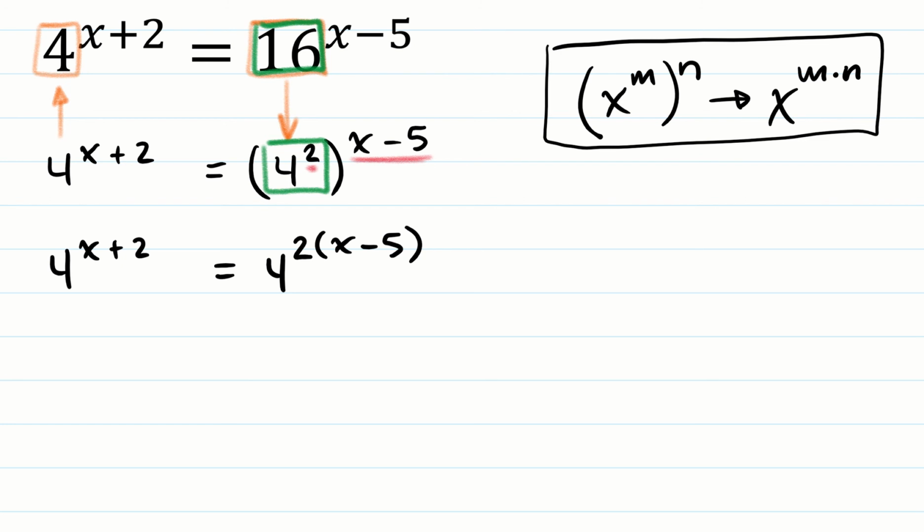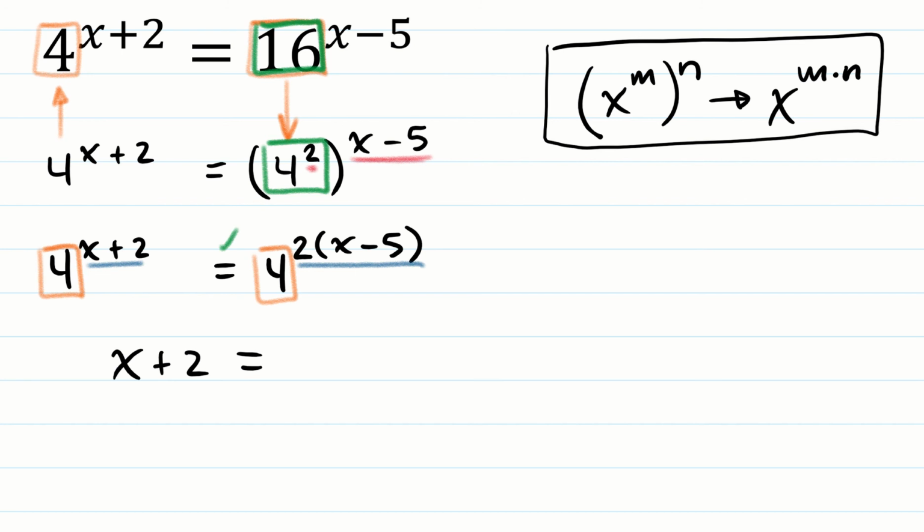Now, at this moment in time, I have exactly what I wanted to start with. I have a 4 raised to something equals 4 raised to something. And I know that I can proceed by setting these things equal to each other. They're going to have to be equal. That's the only way that this can actually be true. So I set the left-hand side, x plus 2, equal to the right-hand side,